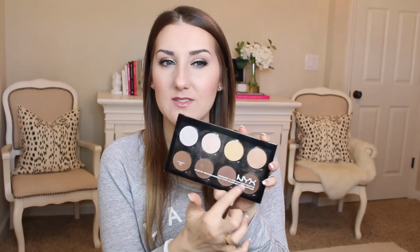However, this one I got my hands on and thought this could work for me because the colors looked light enough to show up on fair skin tones, but it's also got some other good ones. It's got 8 different colors essentially, but it's got so many different shades of contour colors, and I'll show you how I use the different shades. It's a really good method, using a larger brush with a lighter contour shade, and then using smaller brushes as you go